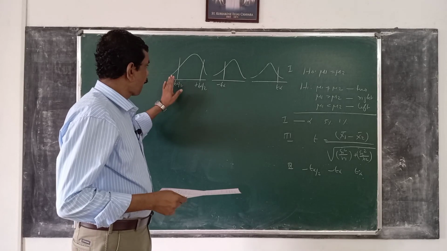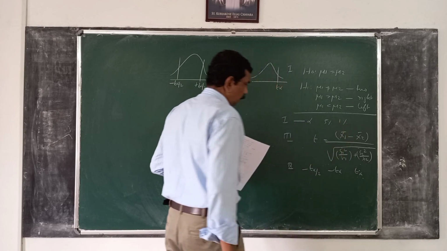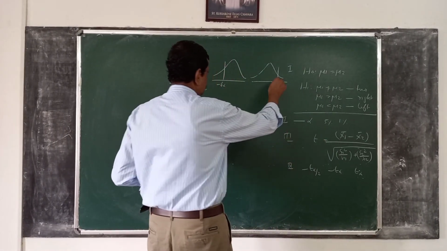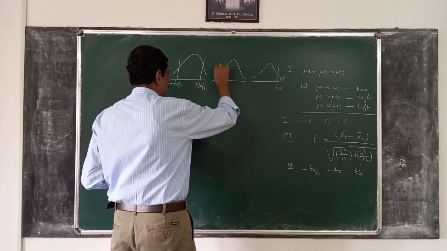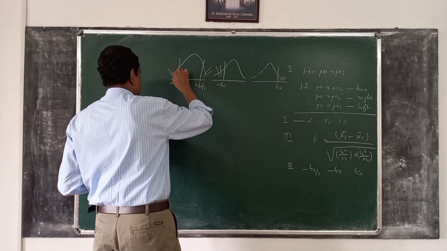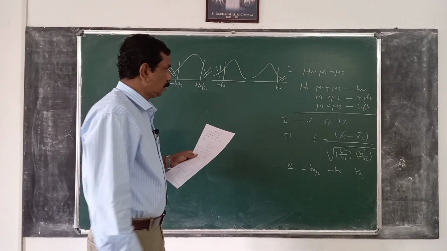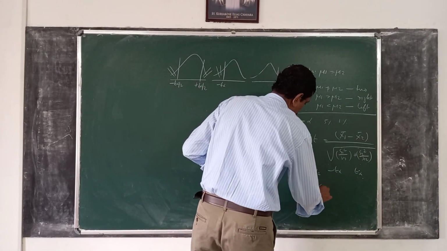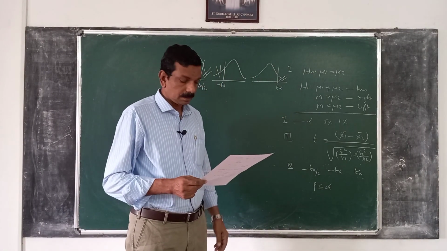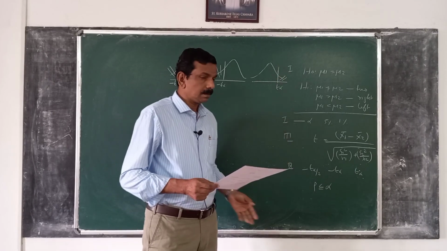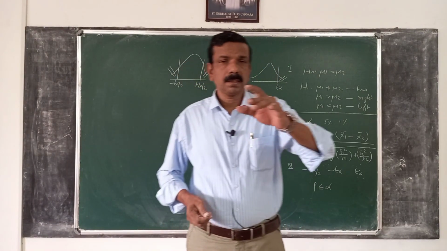Now, the decision rule: if the value of t obtained from the sample is in the critical region for a right-tailed test, for a left-tailed test, or for a two-tailed test at alpha level of significance, reject H0. Or if p is less than or equal to alpha, again reject H0. That is the decision rule. It is a repetition of what we have discussed many times. An example given is